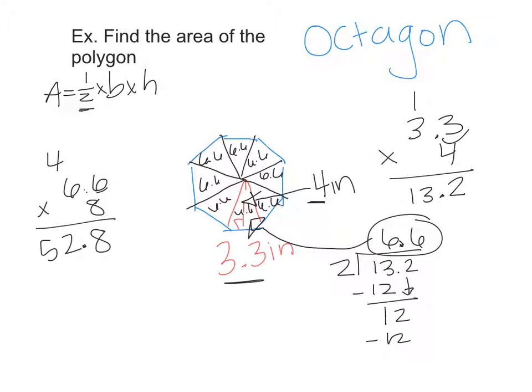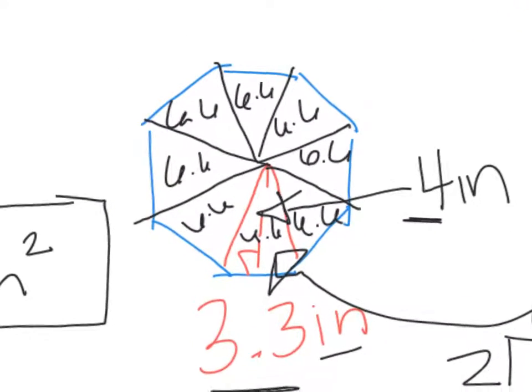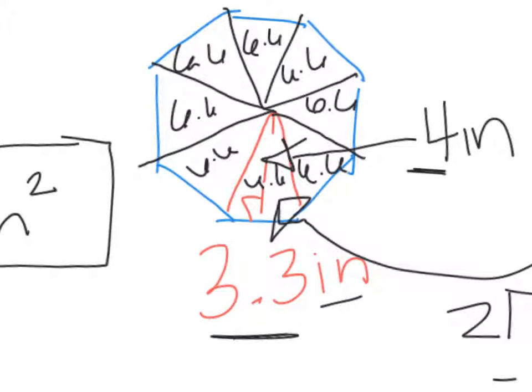52.8. Looks like we're using inches squared. That is the area of that whole polygon. You'll notice I put 6.6 in because each of those triangles was 6.6, because we found this one triangle was 6.6. And then we just multiplied by 8, or you could have added it up, to find the area of the whole polygon, which was